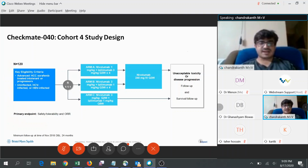And then the third arm was nivolumab 3 milligram per kg and ipilimumab 1 milligram per kg, where ipilimumab was given 6 weekly and nivolumab was given 2 weekly. So these were the three arms: nivolumab 1 milligram per kg and ipilimumab 3 milligram per kg in arm A, and 3 milligram per kg nivolumab and 1 milligram per kg ipilimumab. So the whole idea is that